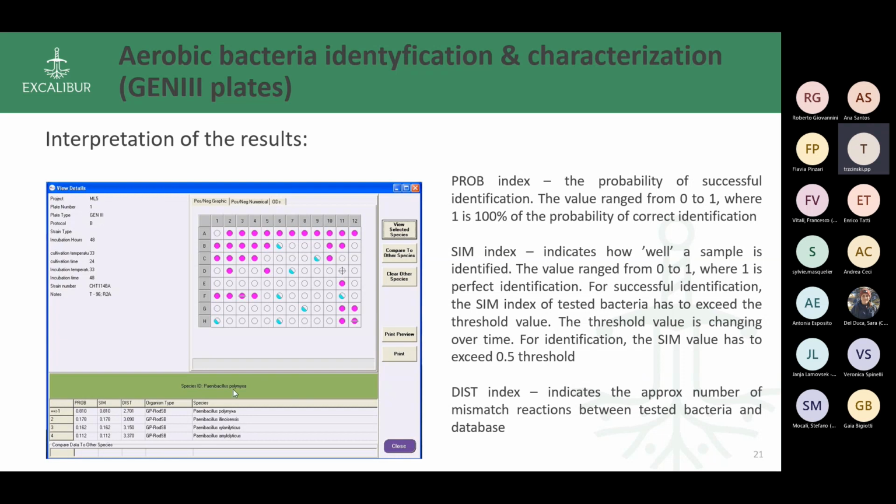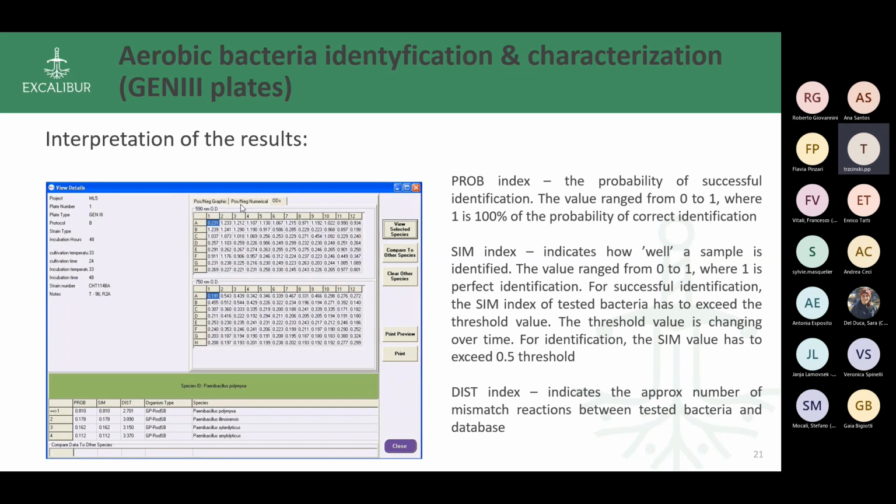So, for example, for this isolate, you have 2 mismatch reactions, so the distance is 2 and something. Here you can see some information from the reader, this is the absorbance. For some studies, this is very important, but for simple identification,